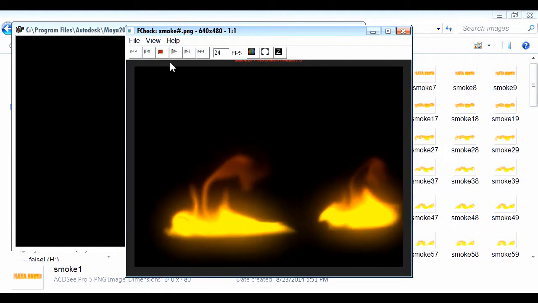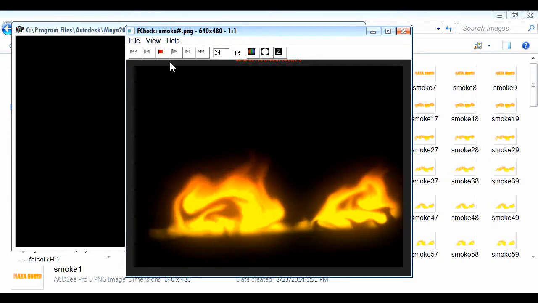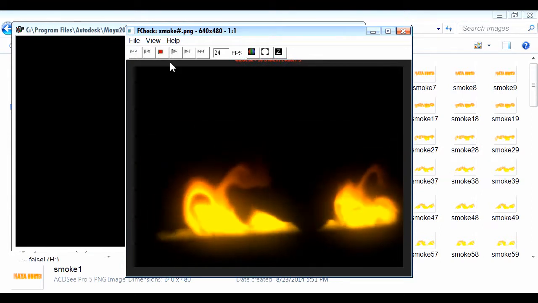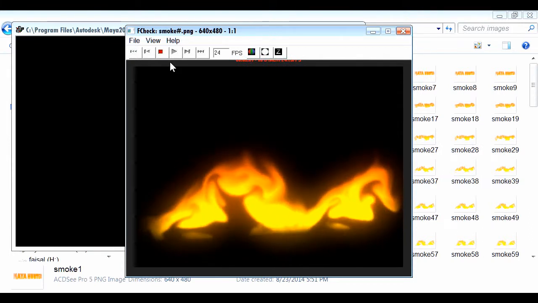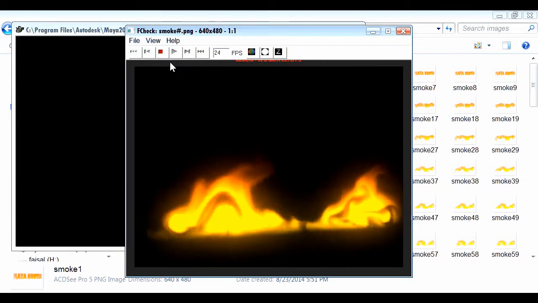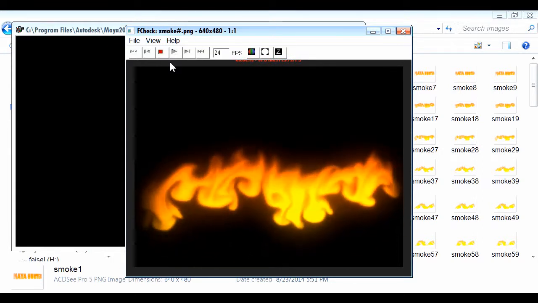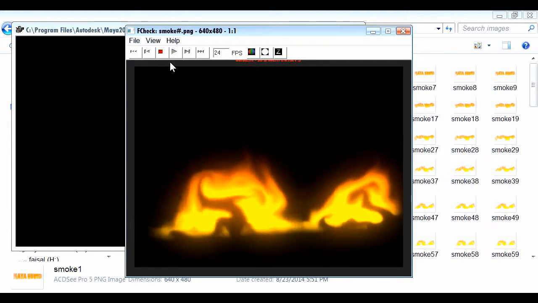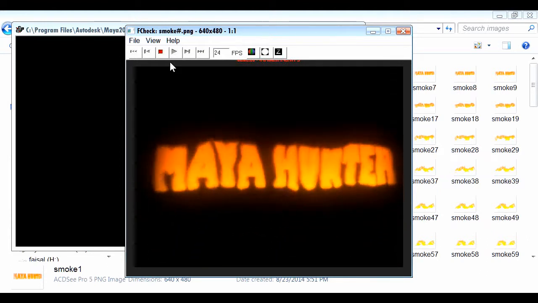When we use it in our animation or in our videos, we will play the whole image sequence in reverse. So we will get this kind of effect. If you play it in reverse, you will get this. I assume that you know how to use an image sequence in reverse.